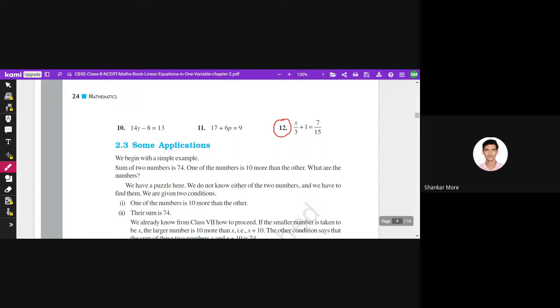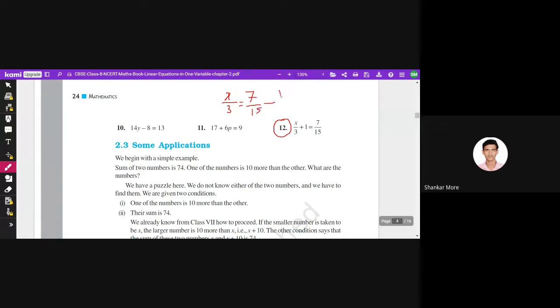Can anyone get the answer? Okay. I have an answer. X is equals to 6. Okay, so those who are finding it difficult for the 12th one, I will solve it for you. Now see, x by 3 plus 1 है is equals to 7 by 15 है. So can we write it like x by 3 is equals to 7 by 15